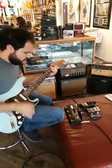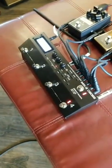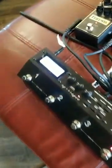So what are we doing? Okay, so we are checking out, just came in the door, the Boss MS-3. This is a switcher and multi-effects. Now what that means is...